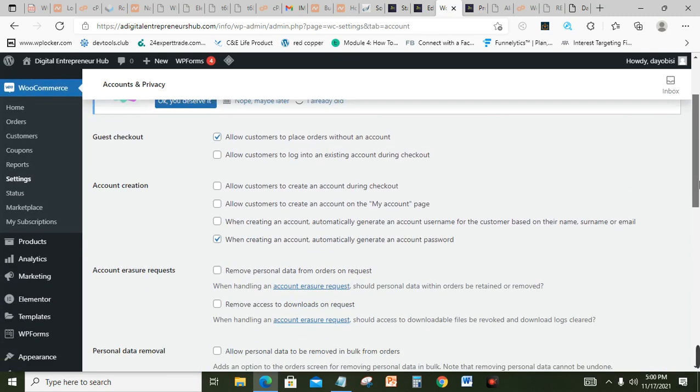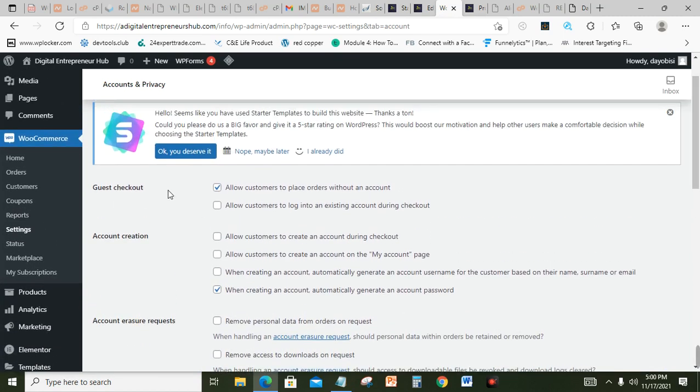So you could have guest. You can allow customers to place orders without creating an account by selecting this option. But if you also want people to log in to their account during the checkout, you can also select this option. If you want to allow people to create accounts during checkout, you can also select this option,